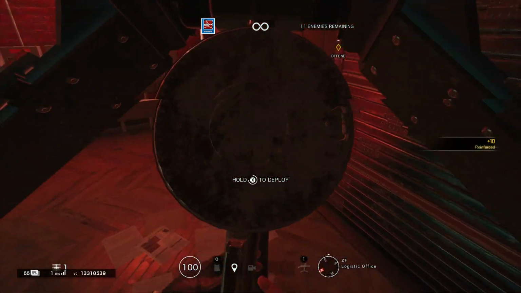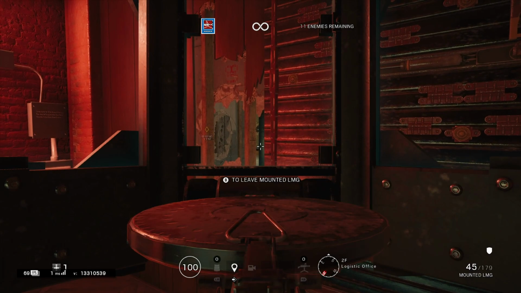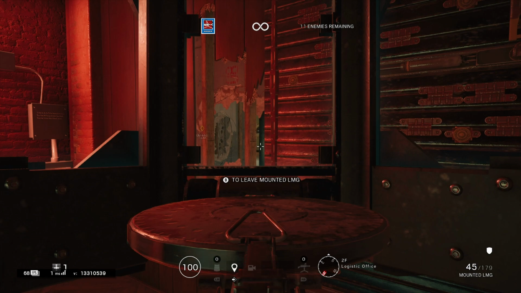And then shoot a little hole where the doorway is. So there you go guys, I can see the doorway. It's not probably the best actual placement I've done, but still it's very good. And all I got to do now is just wait for the terrorists to come through and just ping them